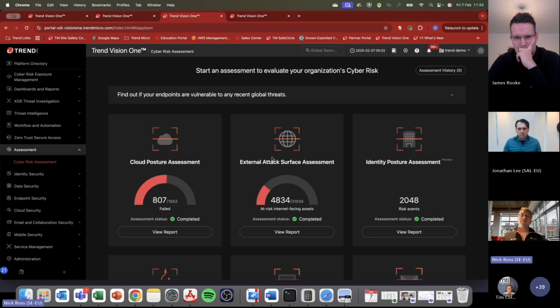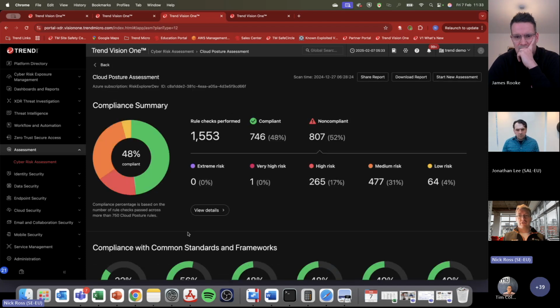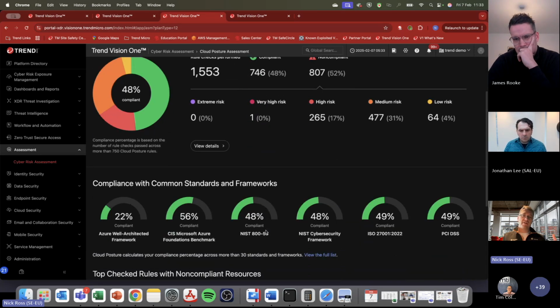And what I want to do is actually look at my cyber risk posture across all those different cloud estates and bring that information into a single platform that helps ultimately influence the way in which the cyber operations team prioritizes. What's great about this particular approach is that we can map the security controls against common standards and frameworks like the ones that Jonathan mentioned earlier on in the presentation.